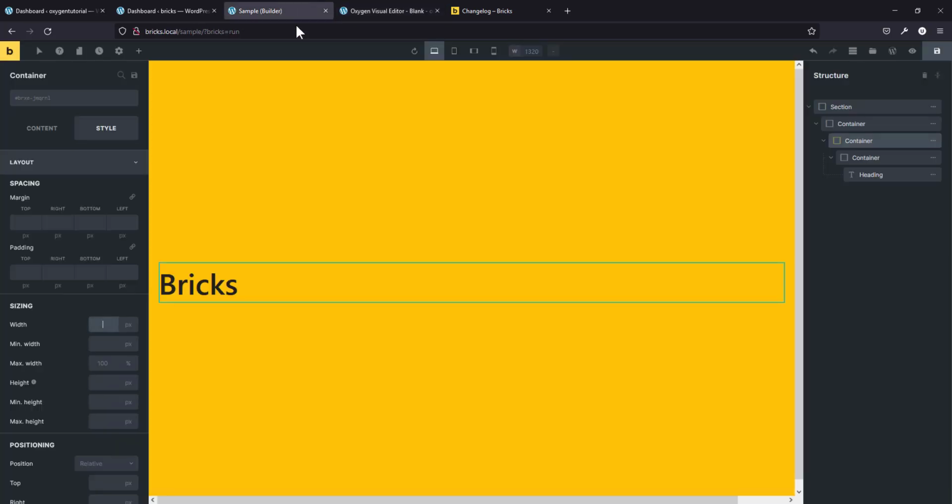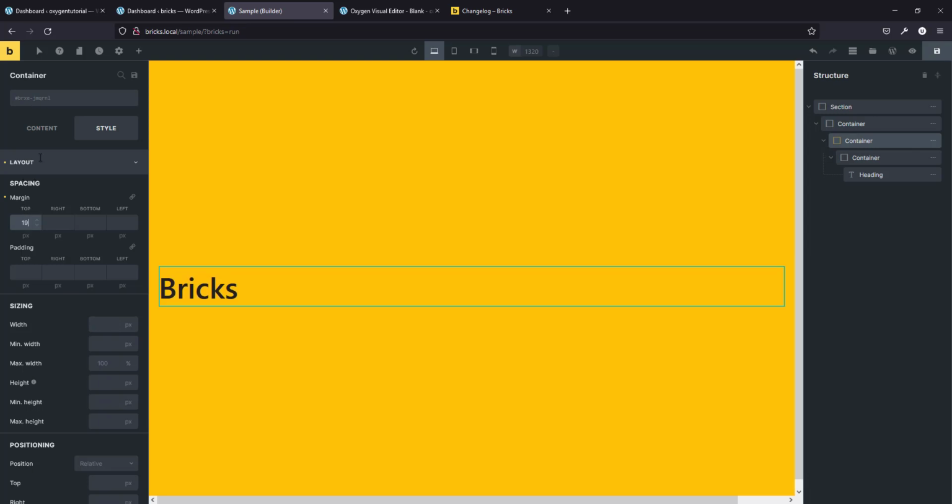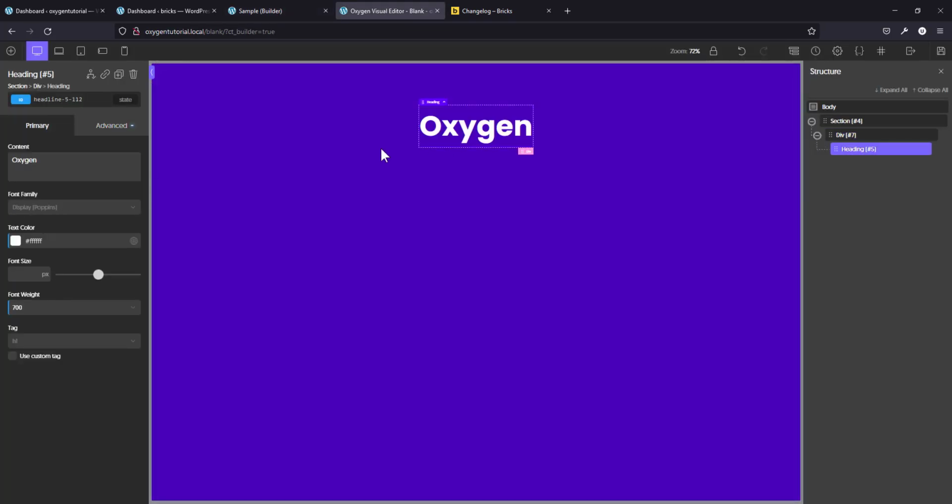On the other hand, Bricks has an upper hand in a way, because here you can simply click and drag, and this is absolutely fantastic, and Oxygen doesn't have that. So since I was talking about the inputs, I just have to mention that this is where Bricks has the upper hand. And we'll come to that. Another thing that Oxygen has that I like a lot is the availability of what is